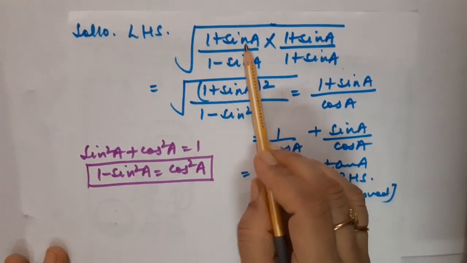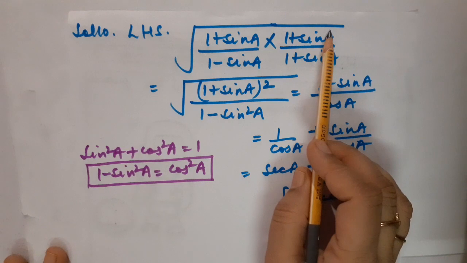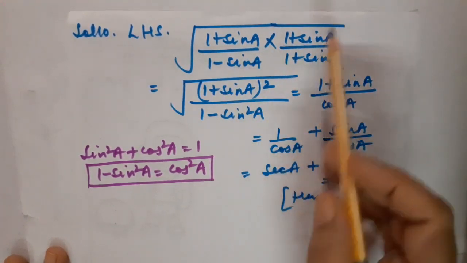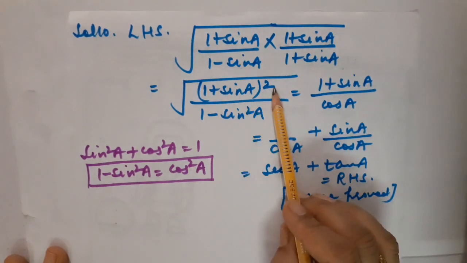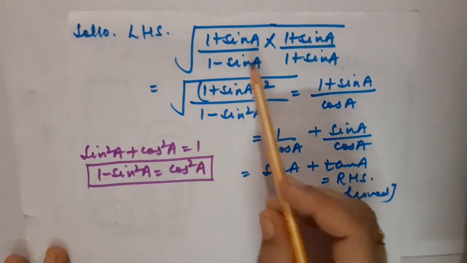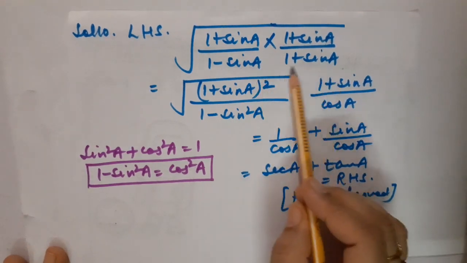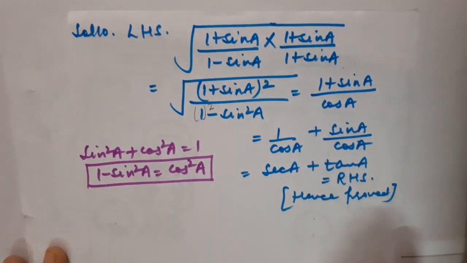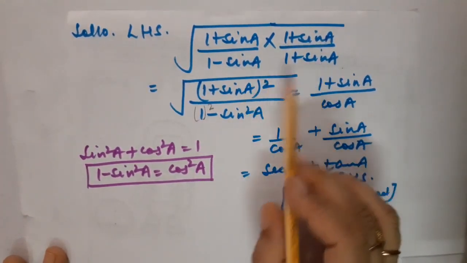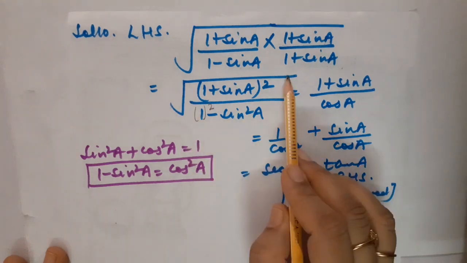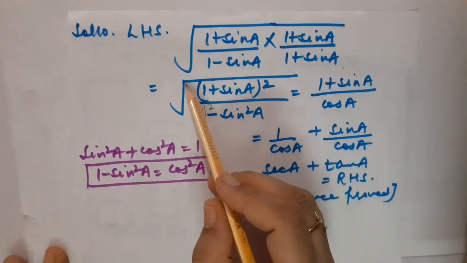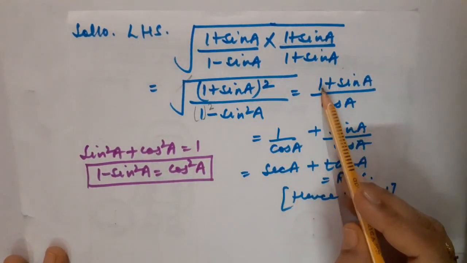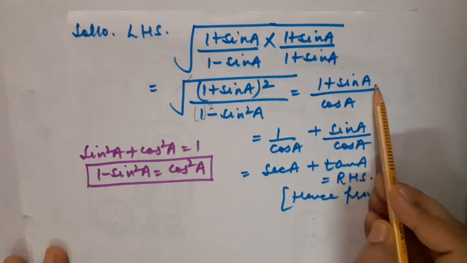This is 1 plus sin A in under root. This is also 1 plus sin A in under root. So this is A plus B. This is also A plus B, occurring twice. So let us take A plus B whole square, and of course whole under root also. This is A minus B into A plus B. So it will become A square, that is 1 square, that will be equal to 1 only, minus B square, that is sin square, and again whole under root. Okay, if I segregate this under root, definitely this root will be cancelled with the square. So at the numerator I have got 1 plus sin A.